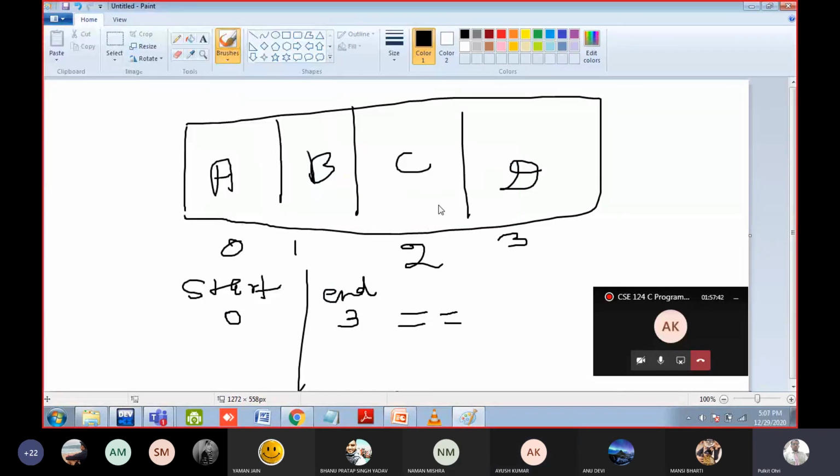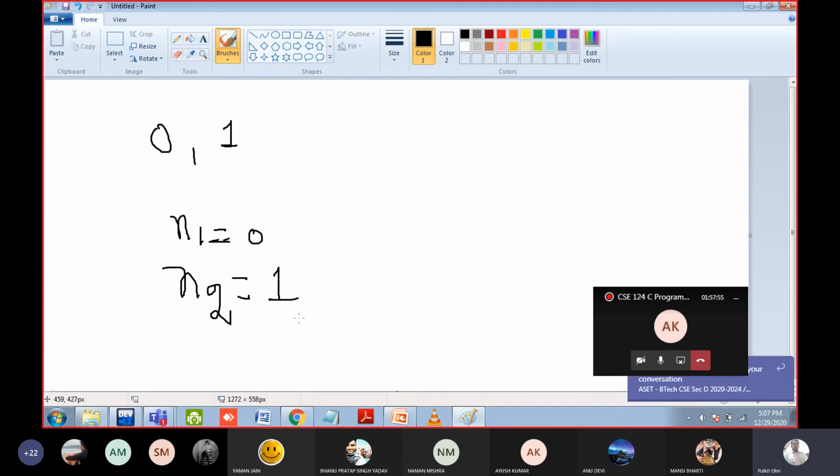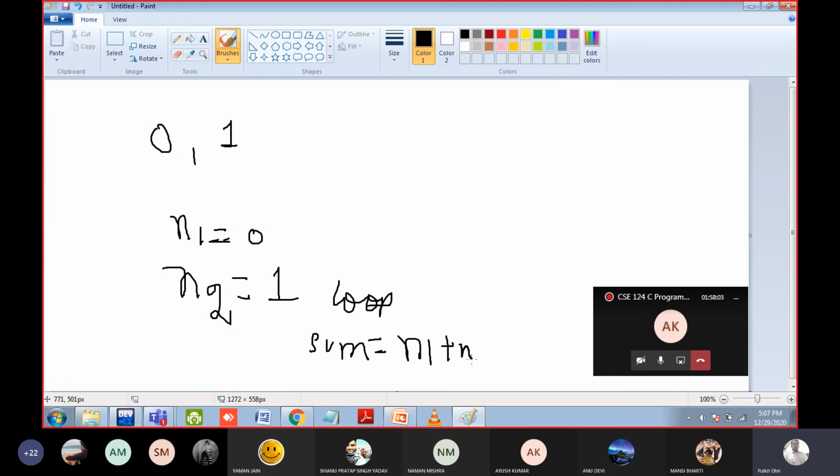Okay, so here the thing is the first number 0 and 1 you have to store it inside two variables. Take two variables n1 and n2. Okay, these two variables you have to define by yourself. Then inside the for loop, create a variable sum and it will add the n1 and n2 and you can print the sum. First of all print n1, then print n2, then print the sum. Means it will print 1 on the screen, yes or no.